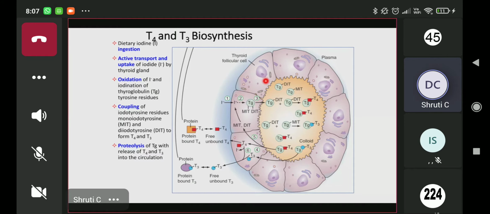And because it is present both in the follicular epithelial cells and the cytoplasm, positivity is also seen both in cells and colloid. So iodide binds to the tyrosine residues of the thyroglobulin, and it leads to the formation of either diiodotyrosine or monoiodotyrosine. This reaction is known as oxidation. And this diiodotyrosine can either couple with monoiodo, or diiodo may couple with itself.